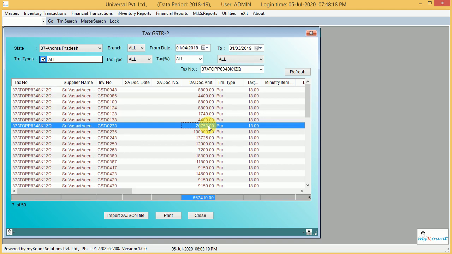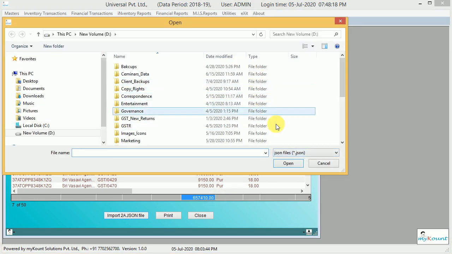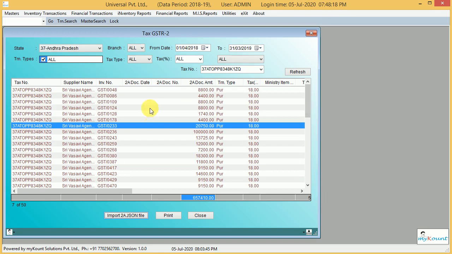Next, for verification of throughout year data, that is like GSTR 9, here we will select the complete year. At the time of downloading, because in GSTN we get a monthly file, we have to download each month one at a time. Select this. At the time of downloading the first month, clear the data and select the first month file.